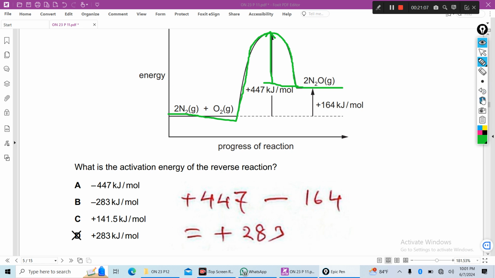So now how you calculate total energy? This 447, and from this energy is given plus 164. So if you subtract plus 447 total energy minus this energy, you will get activation energy for reverse reaction. That means from this to this energy you will get. So this is the right answer. Next,